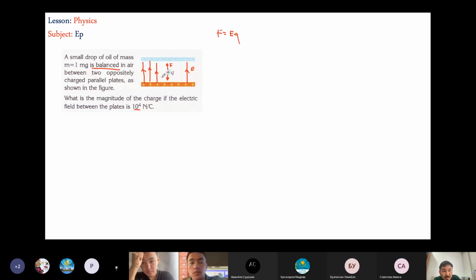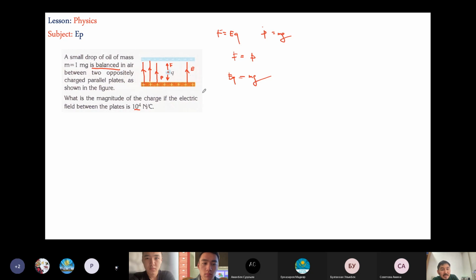It acts in the opposite direction, here. Let me call the weight P here. So the P, the weight of the object, will be mg, of course. Since it is balanced, the electric force should be equal to the weight. I usually write weight as W, but here I wrote P. Okay, let it be P. So I can write here E times Q should be equal to mg.